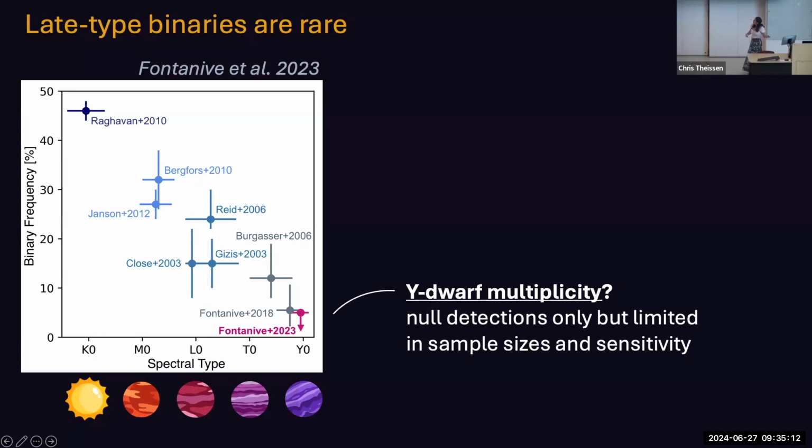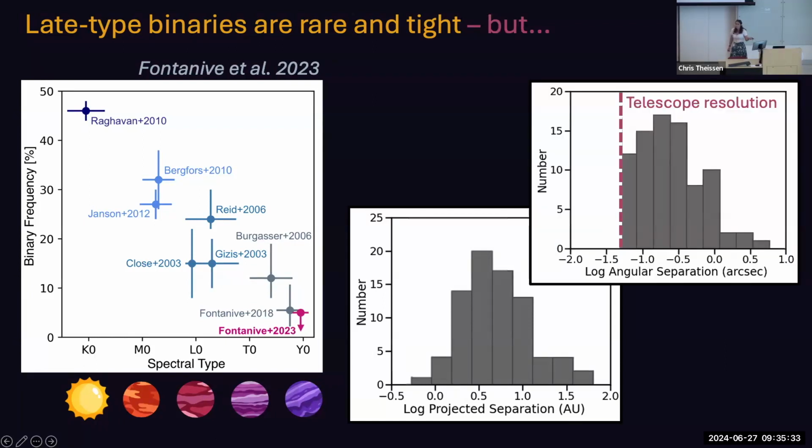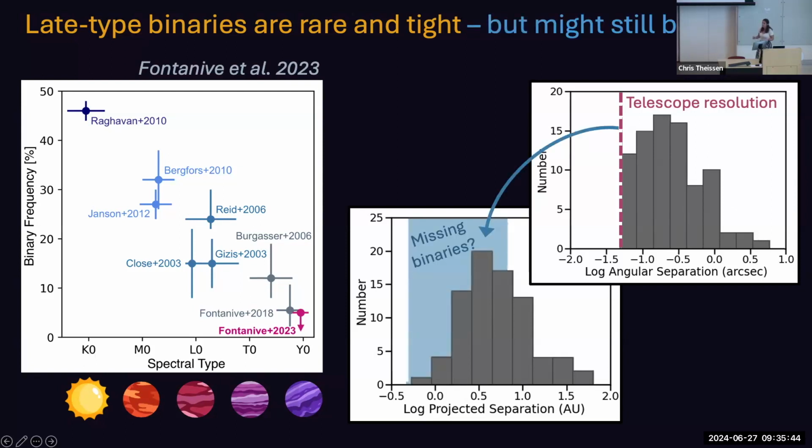Then the second thing I want to highlight is that brown dwarf binaries tend to have tighter orbital separations than stellar binaries in the field. So we see this binary separation distribution peaking at only a few AU for L and T dwarf binaries. But if I plot these same binary systems in terms of their angular separation in the sky, there's suddenly a really sharp drop-off in that distribution, which actually coincides roughly with the resolution of the telescopes that we have been using for these surveys. So that tells us that we're probably missing more binaries at the tightest separations, and that this peak that we're seeing may not be the true peak of the distribution, and it could be closer in.